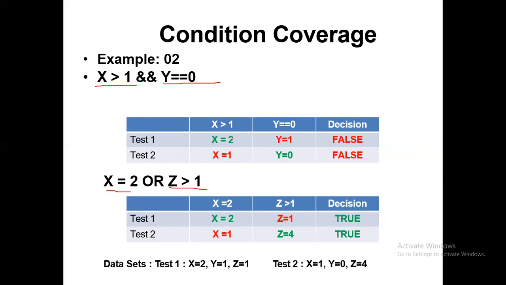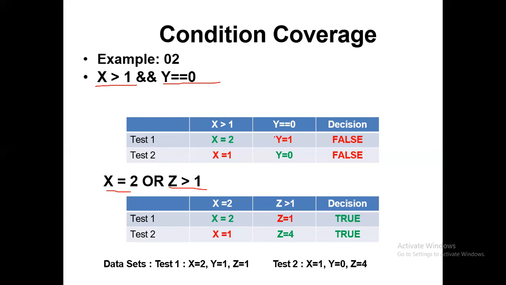So the green color will tell you the true satisfying values. Sorry, red color will be false values, right? So for this particular x is greater than 1, like I said before, we can take 2 as the valid one. 1 will not be a valid one, right?